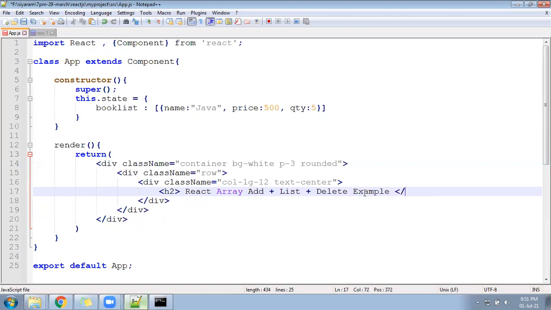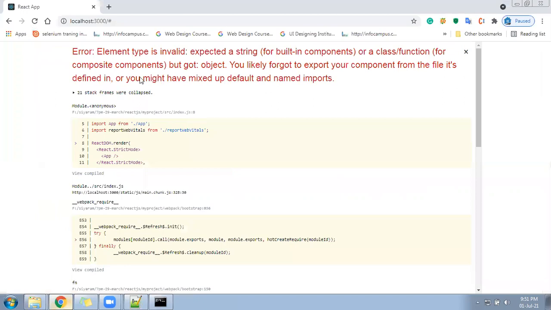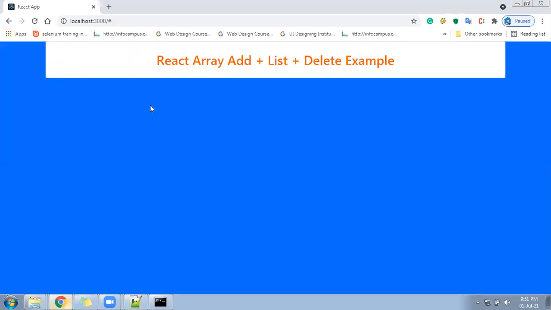Now let me close the h2, right? And then we need to have a look into the browser, see whether this is reflecting or not. My browser says something. Yeah, of course, it's coming here.